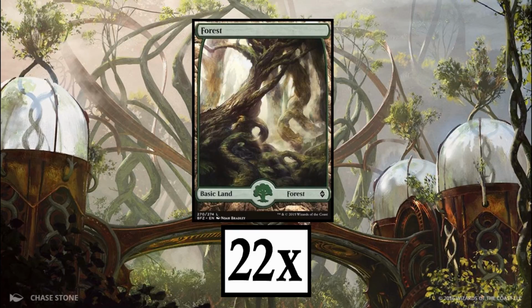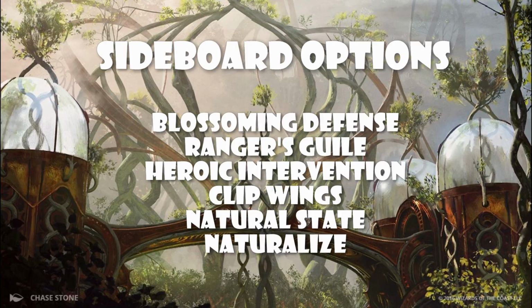Boom, 22 whole forests. That's it. That's all you need. Very cheap, very efficient. 22 forests, that's it. The sideboard is up to you to decide depending on the meta at your local store,